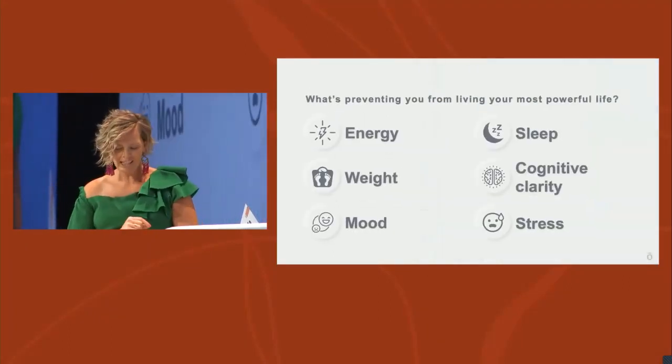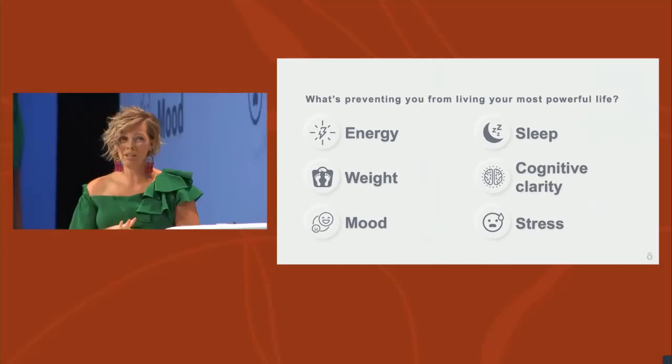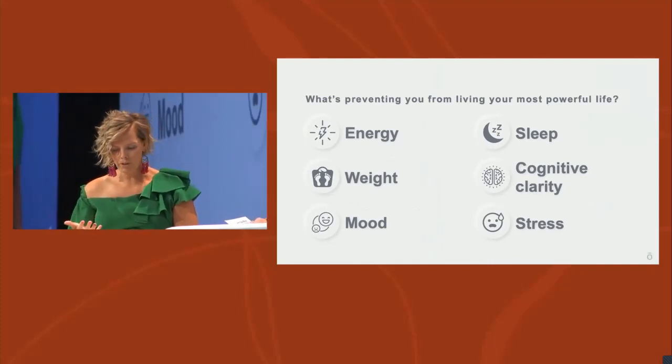Before we dive into the class, I want to get some info from you so that I can best know how to help you today. Struggling with health challenges, big or small, is something we can all relate to. So on your class handout, you're going to see 6 lines right underneath of those 6 icons. And I want you to rate yourself 1 to 10. 1 means this is really important, I need to focus on it like right now. 10 means I feel great in this area. So what's keeping you from living your best life? Is it energy, sleep, weight, mood, stress, cognitive clarity? Just rate yourself in each of those areas.